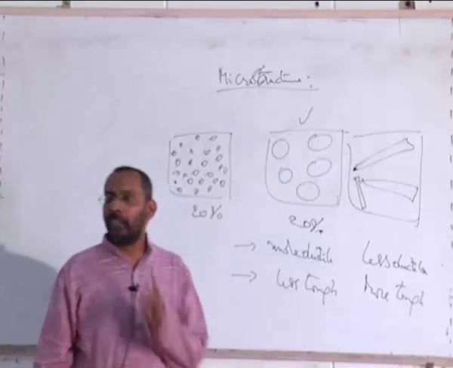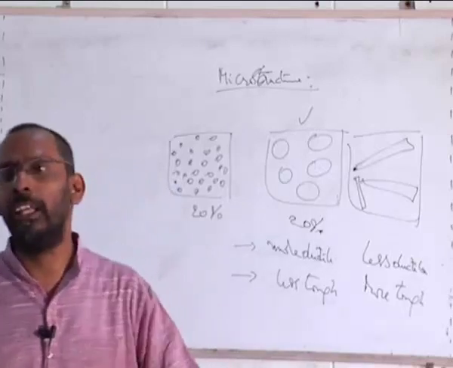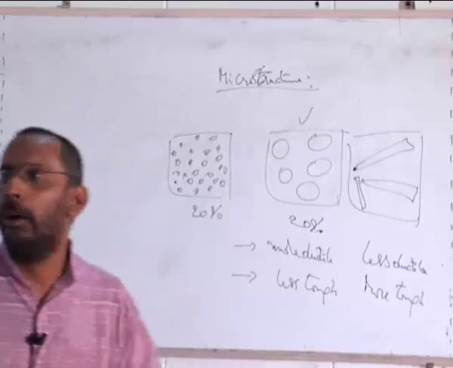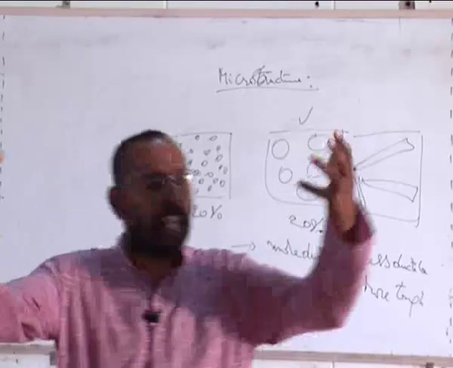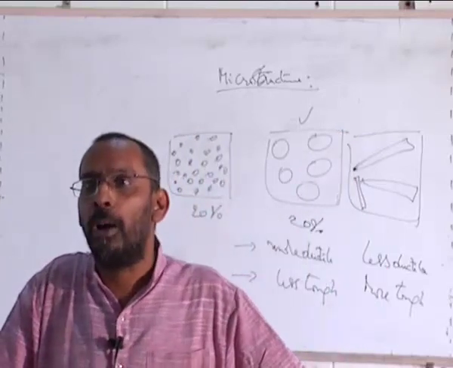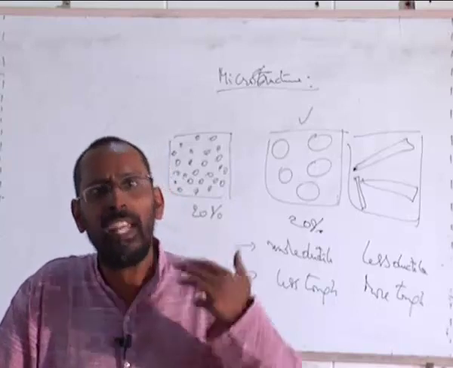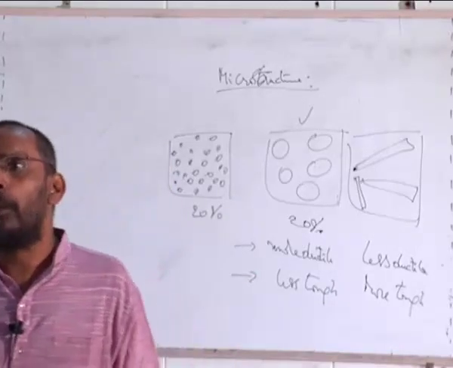ductility. But if I talk about toughness, toughness is a property which is, how do I measure toughness? It is the area under the stress strain diagram. That means the total energy absorbed before a material fractures. This energy that is absorbed is related to how easily a crack can propagate. Okay? Brittle materials are those where the crack propagates very easily.